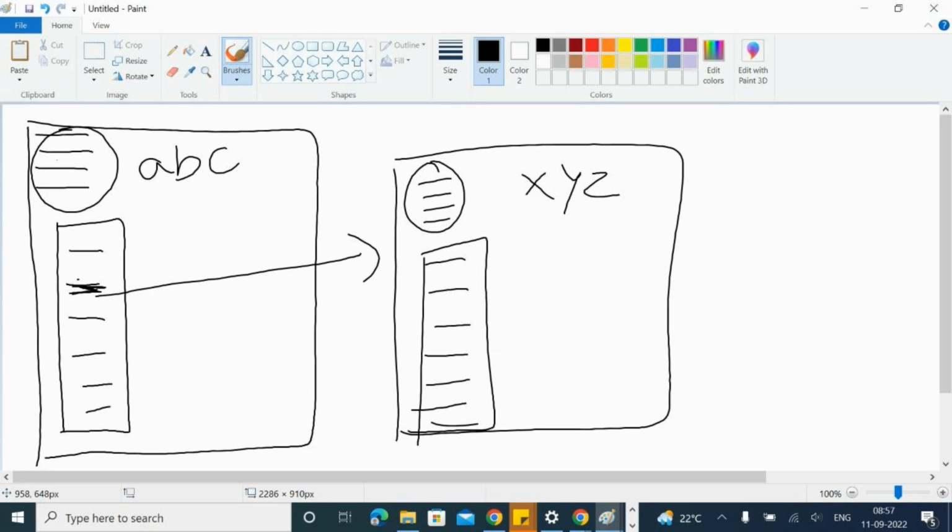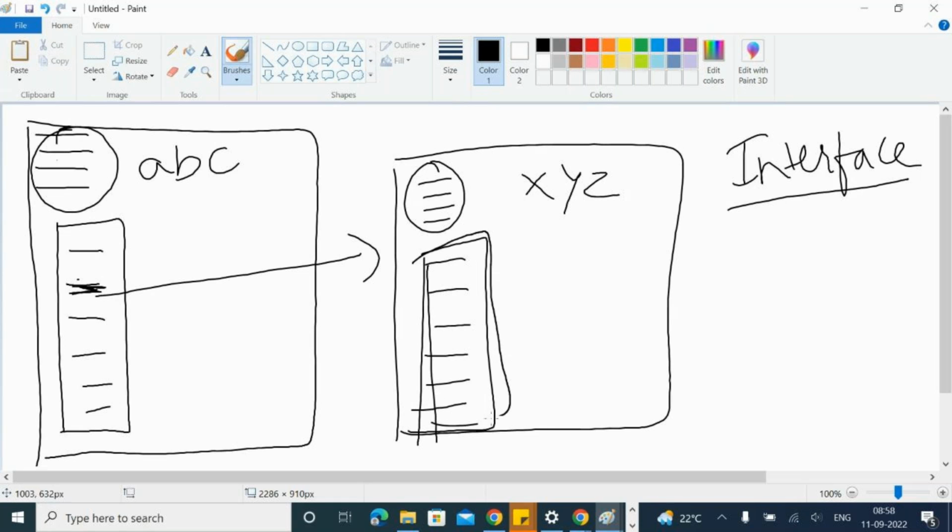So for this, we will put these menu items in one interface. You will put all these things in one interface. Everything else will not change, but whenever you have to use this, you have to implement this interface,